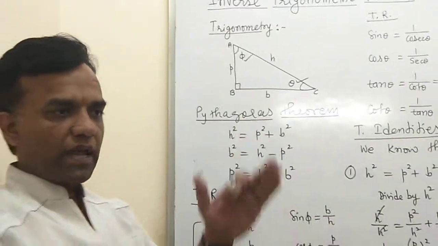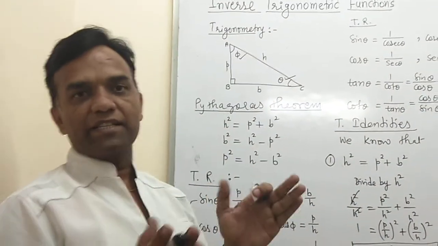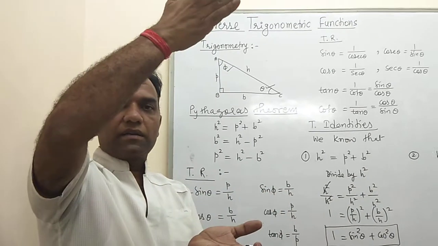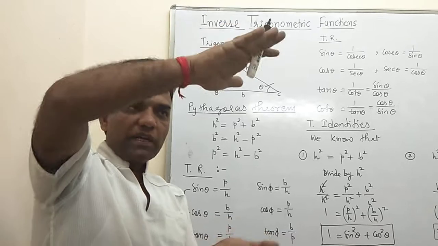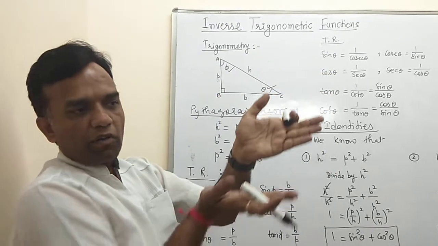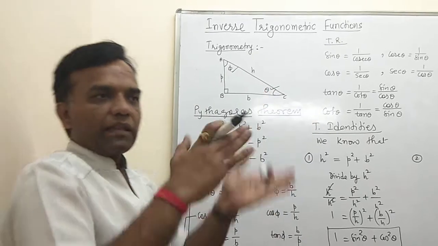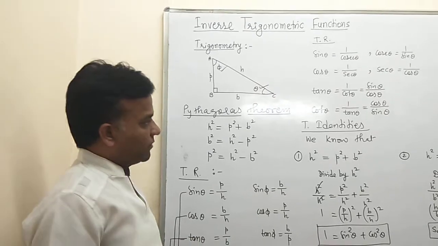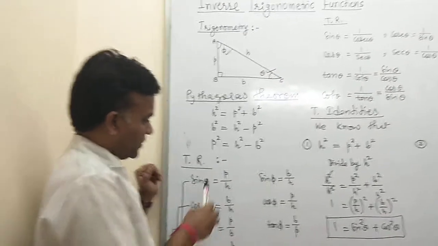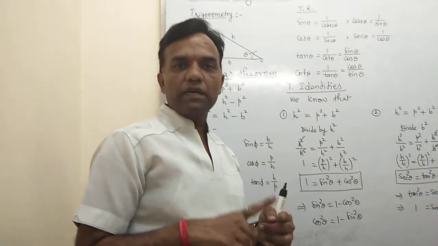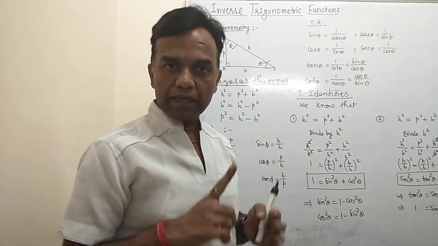Okay, so this triangle we have in the form of a set square. One side here we consider base, another side we consider perpendicular. Similarly, if you change the sides, your base converts into the perpendicular, your perpendicular converts into the base, and then the angles are also changed. So both properties we discuss here, and we know that there are 6 trigonometrical ratios: sin theta, cos theta, tan theta, cosec theta, sec theta and cot theta.